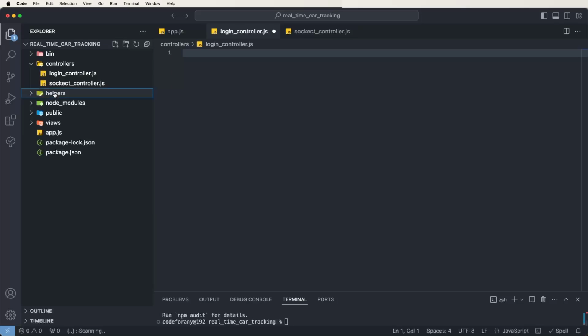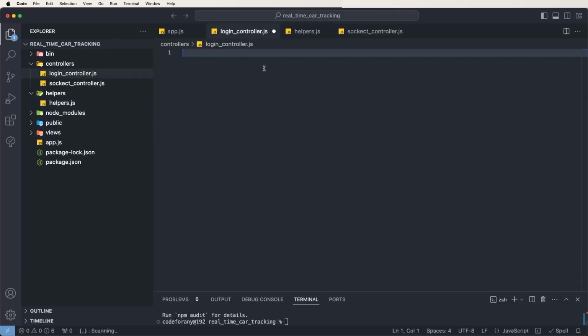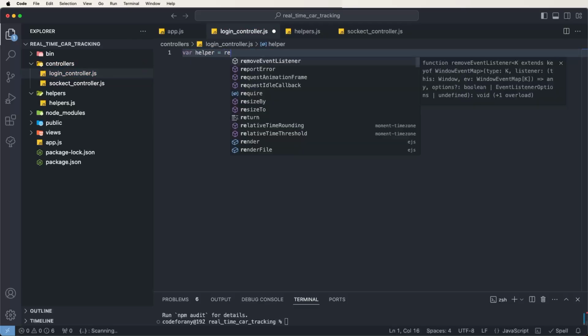Not in the login controllers. Now we need to write down new files here. Set the helper here, helper.js. Paste here. Now we need to save, and like this it is set. Now write down here where helper is equal to require